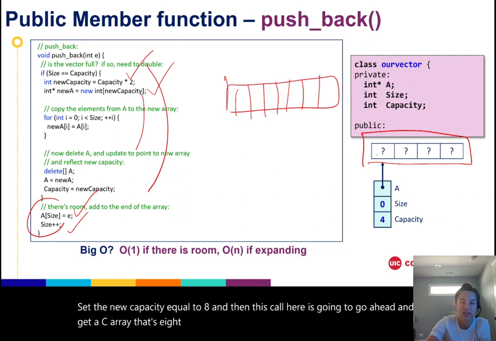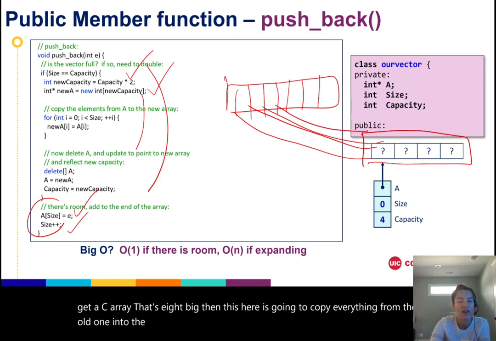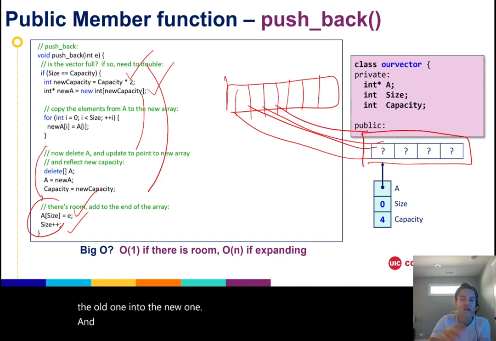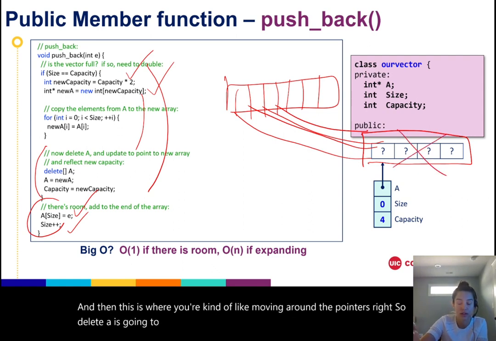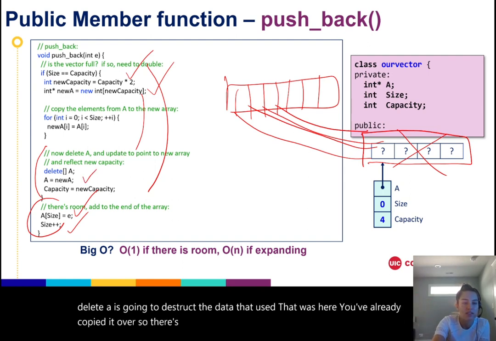Then this here is going to copy everything from the old one into the new one. And then this is where you're moving around the pointers. So delete A is going to destruct the data that was here. You've already copied it over, so there's no problem. This is going to update A to now point to the new one,